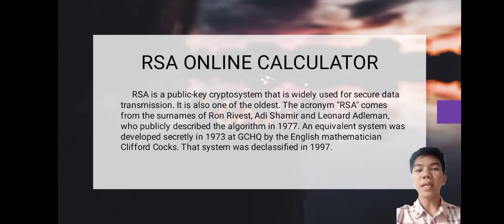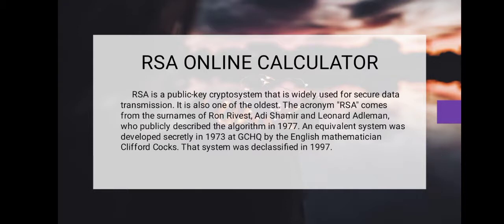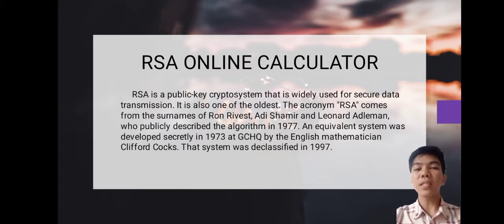First, let's have a brief introduction about the RSA. RSA is a public key crypto system that is widely used for secure data transmission. It is also one of the oldest. The acronym RSA comes from the surnames of Ron Rivest, Adi Shamir, and Leonard Adleman, who publicly described the algorithm in 1977. An equivalent system was developed secretly in 1973 at GCHQ